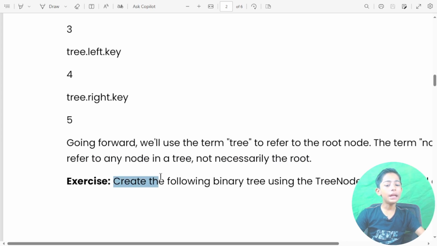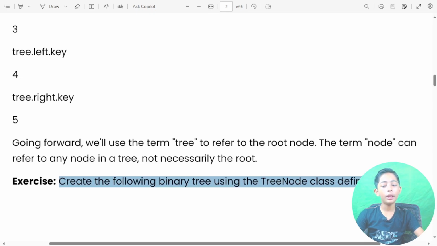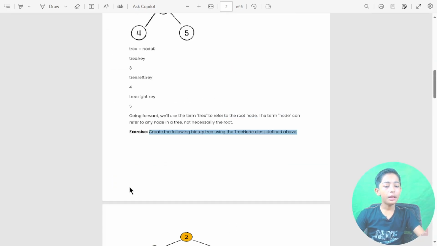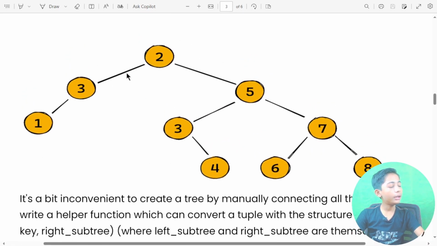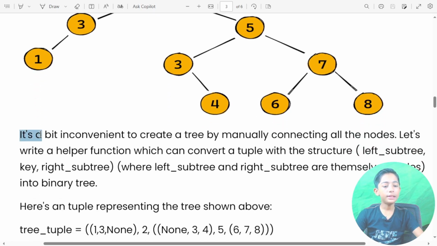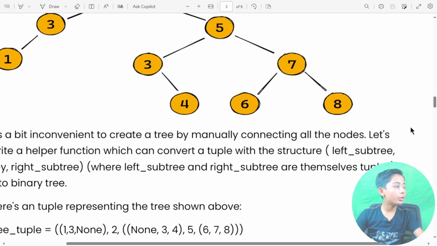Exercise: create the following binary tree using the TreeNode class defined above. Now let's come down. Like this example, 1, 3, 2, 3, 5, 4, 6, 7, 8. Now, it's a bit inconvenient to create a tree by manually connecting all the nodes.